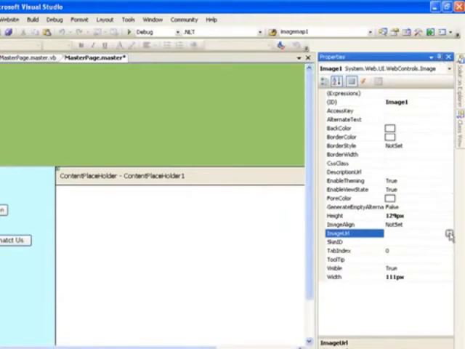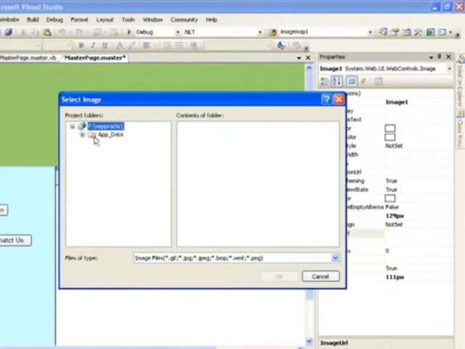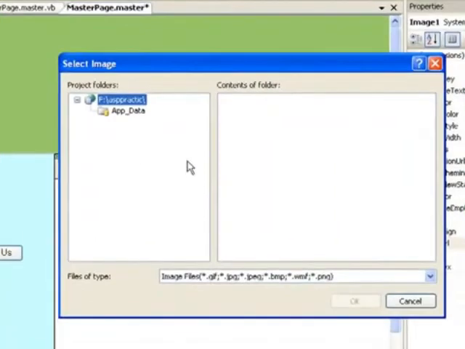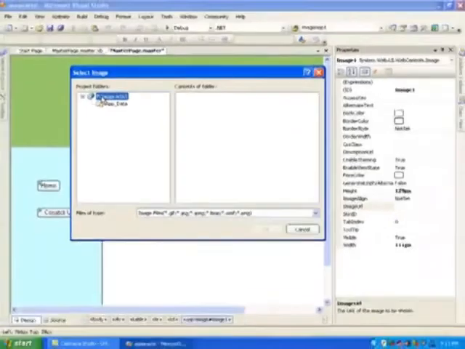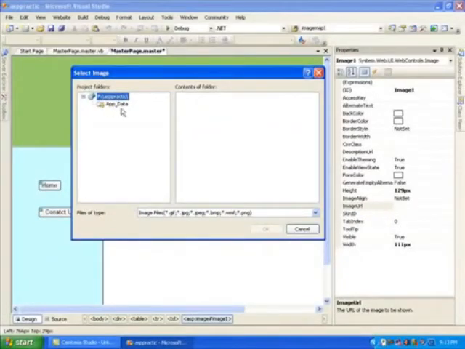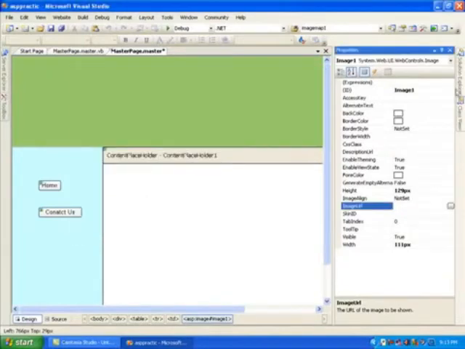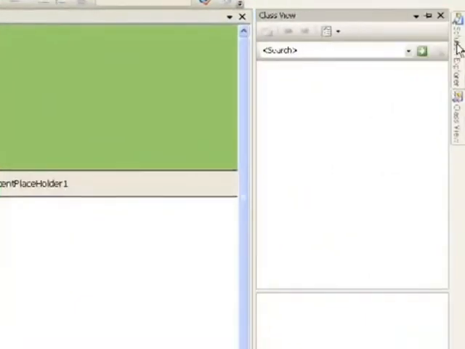ImageUrl is there, and into ImageUrl, application data or those things. You can clearly see over here, no browse button is available. If a browse button were available, then I could consider external images and external videos. Indirectly, in short, this particular select image needs my image in either my web solution or my application data folder. So guys, let me come to the Solution Explorer.